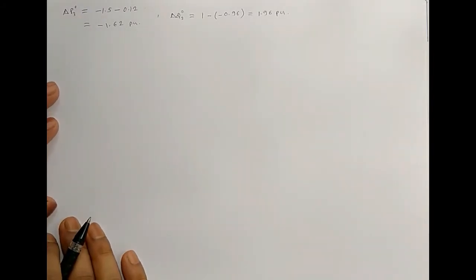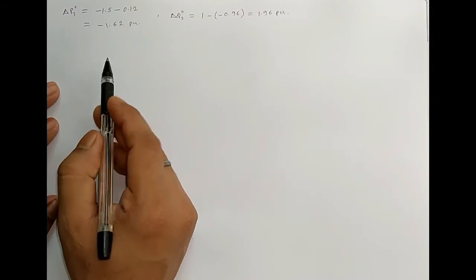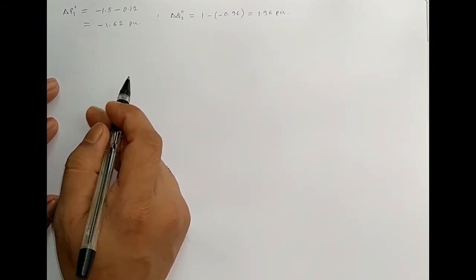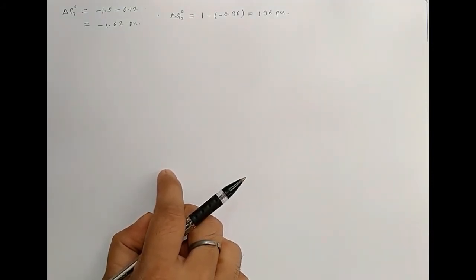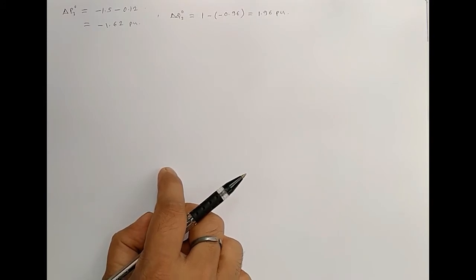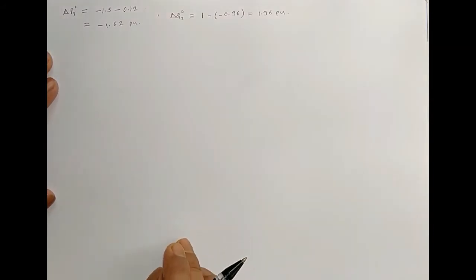So we have calculated the power mismatch. First of all, we have to check whether the power mismatch is within the limit or not. The limit given in the problem was 0.01, the tolerance limit. We see here that all the power mismatches are greater than the tolerance limit. So we have to further calculate the Jacobian and the differences.